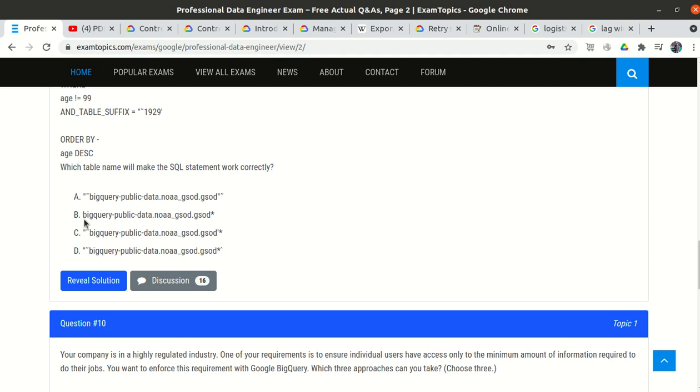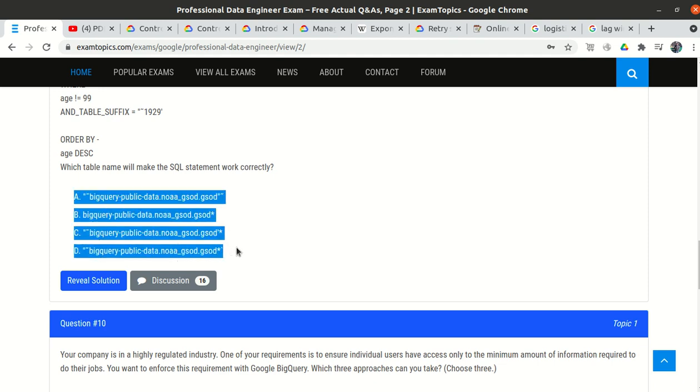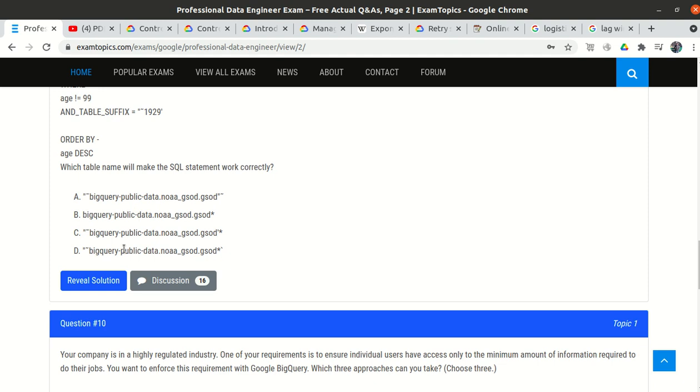Though none of the options is fully correct, there is some syntax error, we will go with option number 4.